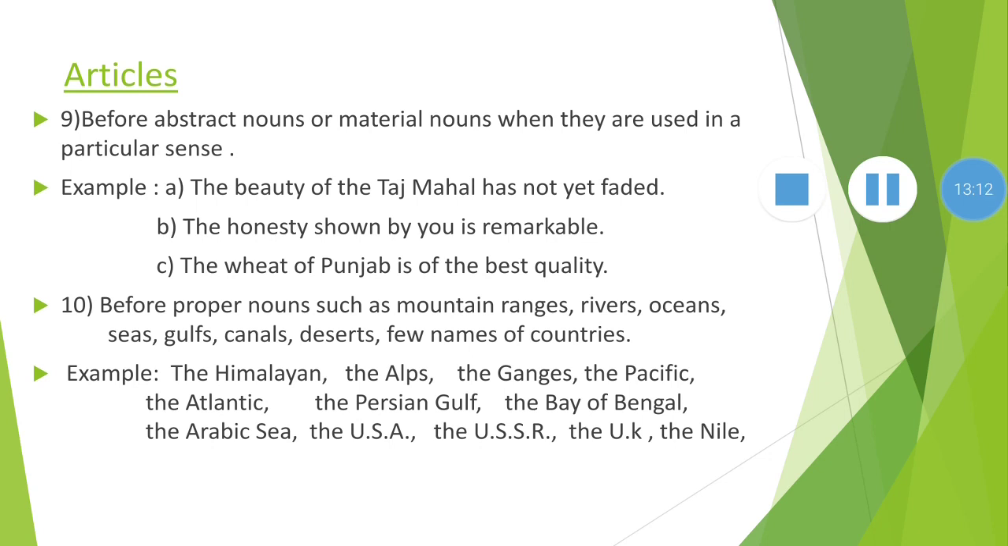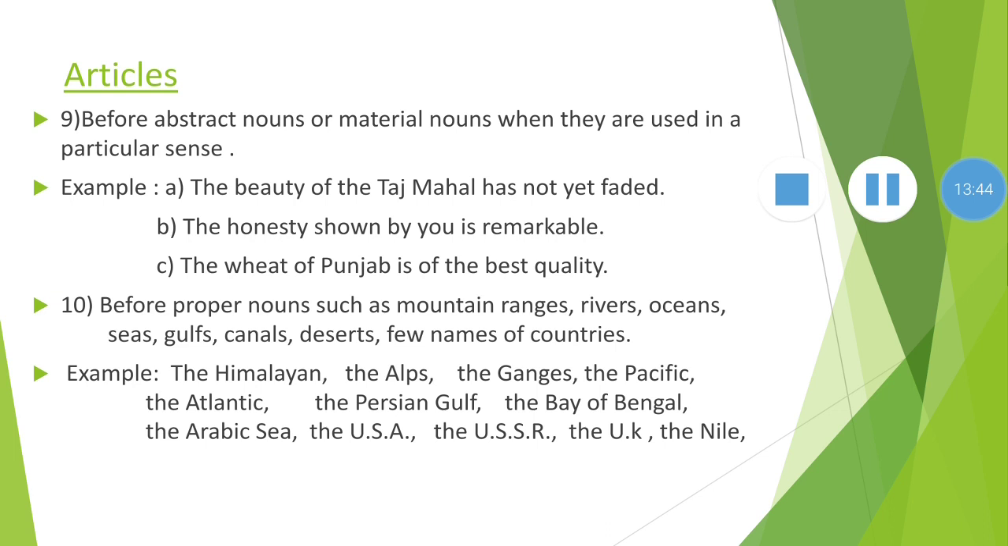Before the proper noun, such as mountains, rivers, gulfs, seas, canals, deserts, etc., or names of a few countries, means something rare or unique that we have seen before, we use the article. For example, the Himalaya, the name of a mountain, the Alps, the name of a mountain, the Ganga, the name of a river,